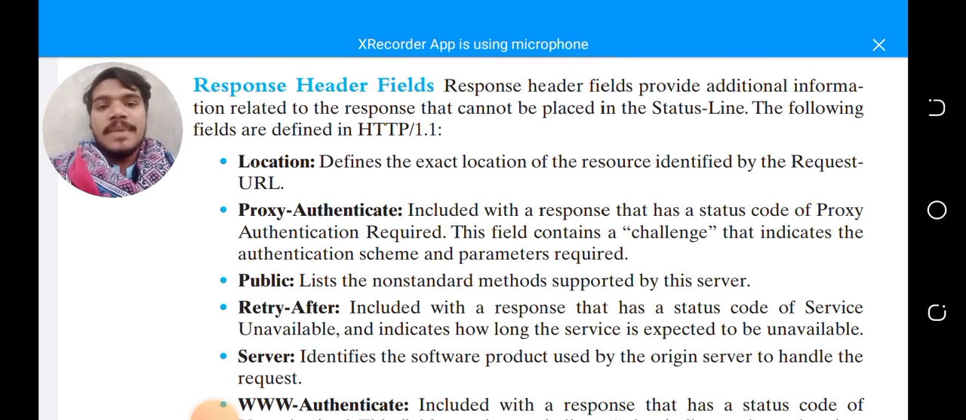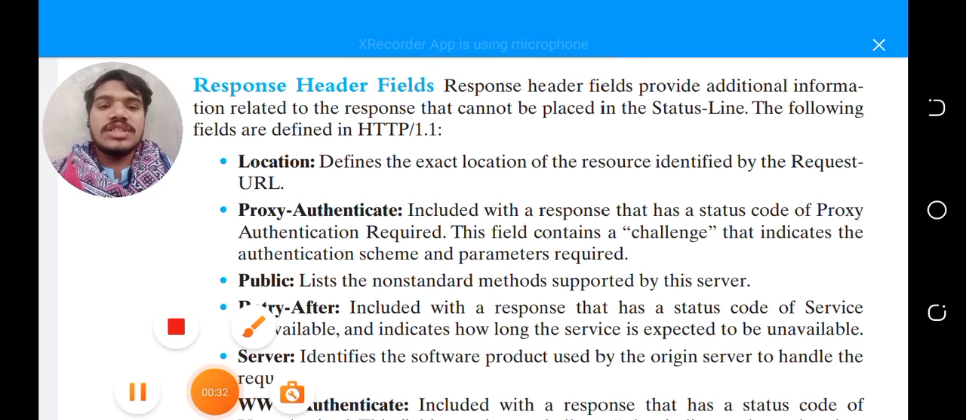Previously in the video we discussed requests, and now we will discuss response header fields. So let's start our video. A response header field provides additional information related to the response that cannot be placed in the status line. The following fields are defined in HTTP